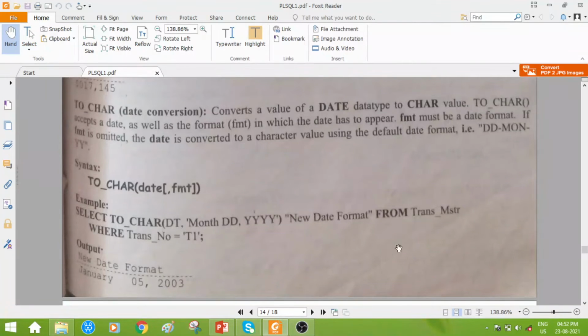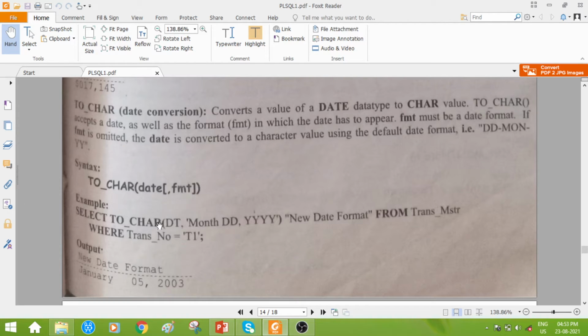The date information. That will be in which particular attribute? dt is one of the attributes found in which table? Transaction master table. So that date dt will be picked up. Okay, so transaction number is a column name, dt is also a column name in which one? The transaction master table, whereas here transaction underscore no is a primary key of which one? Unique key or primary key of which one? Transaction master. So understand carefully.